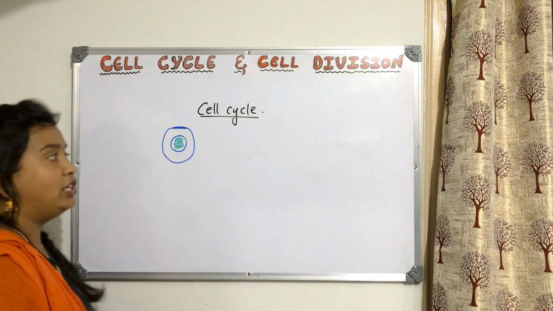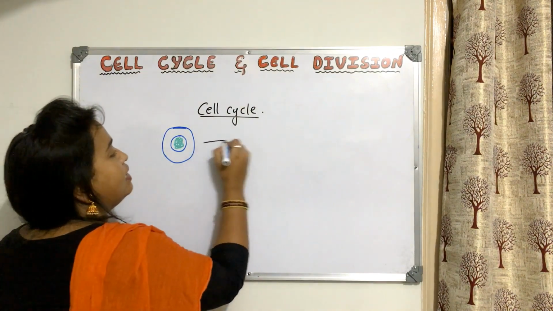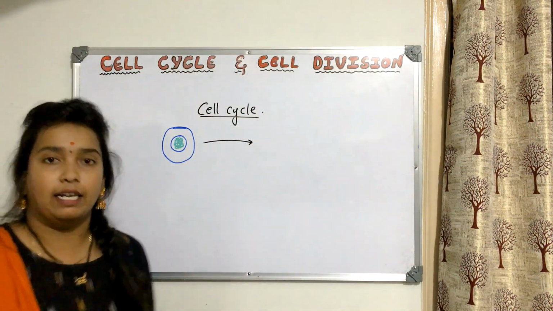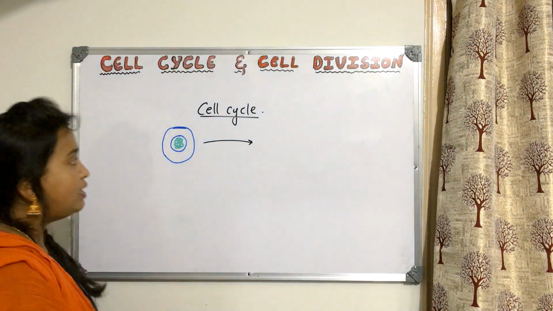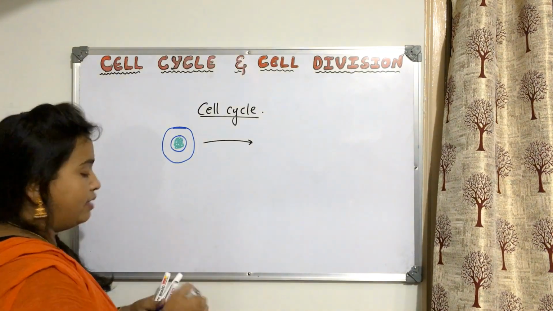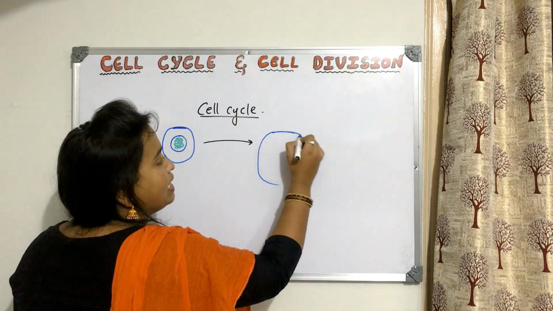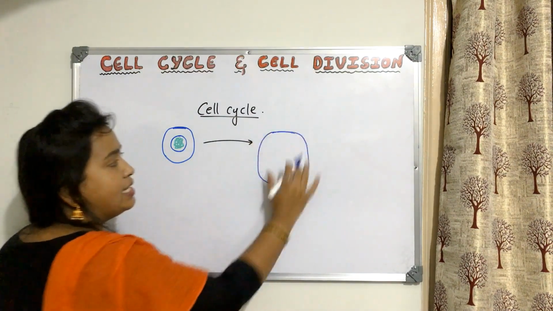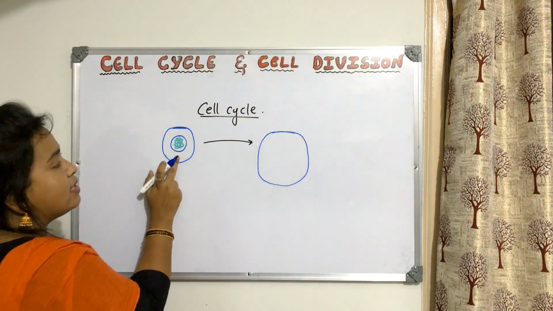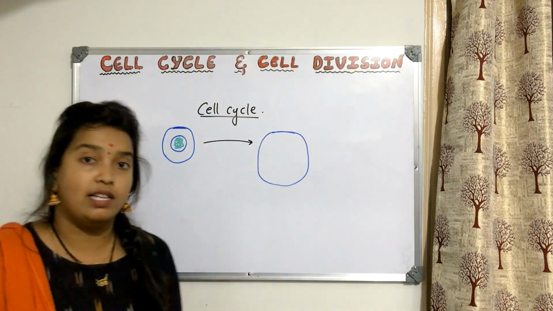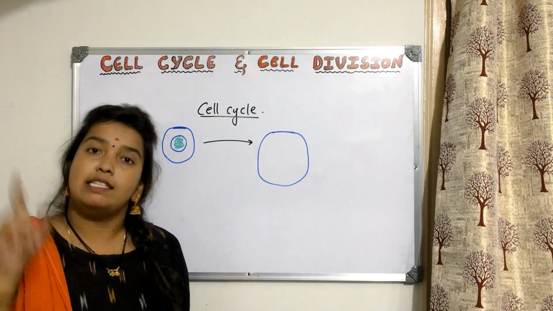Now we are talking about cell cycle here. So what happens to this cell, if it wants to divide, then what all things will happen here? First thing that will happen to this cell is that it will start increasing in its size. You will see some increase in the size of the cell, and you will find the cytoplasm increasing. You know that the liquid present inside the nucleus is nucleoplasm. The liquid present outside the nucleus within the cell is cytoplasm.